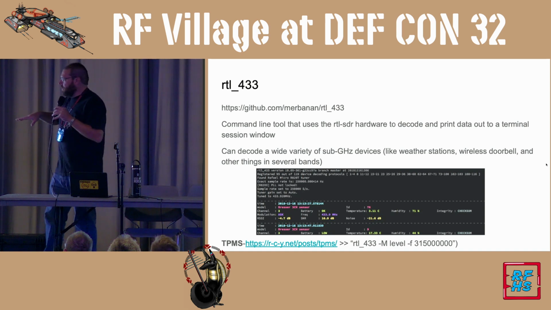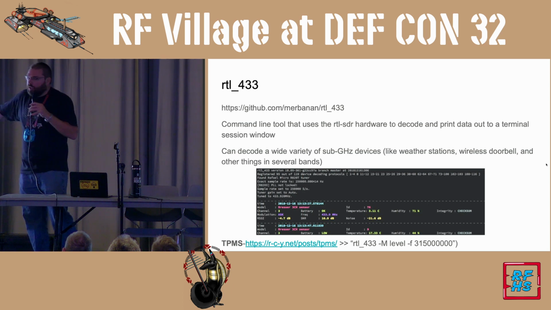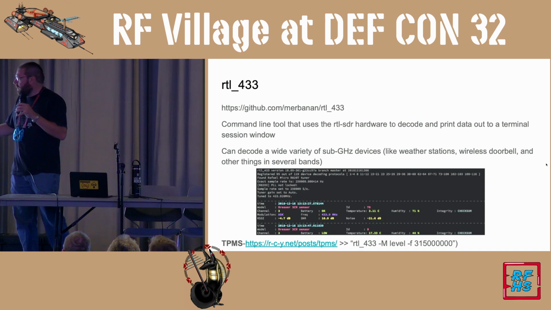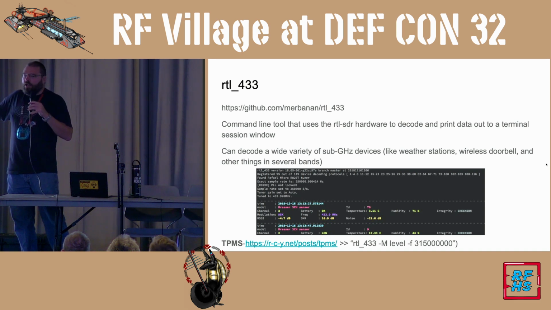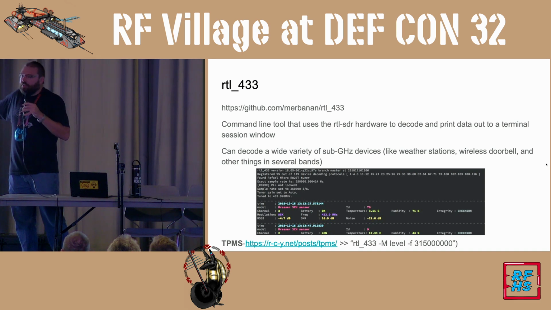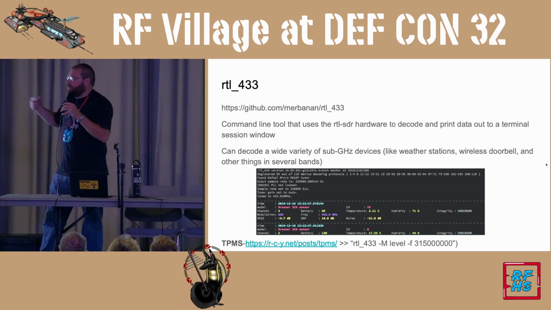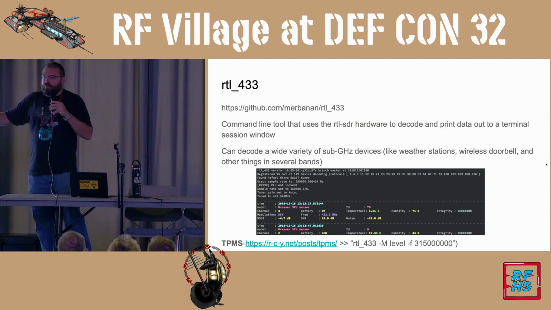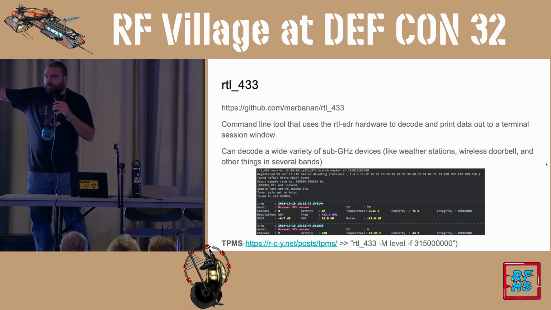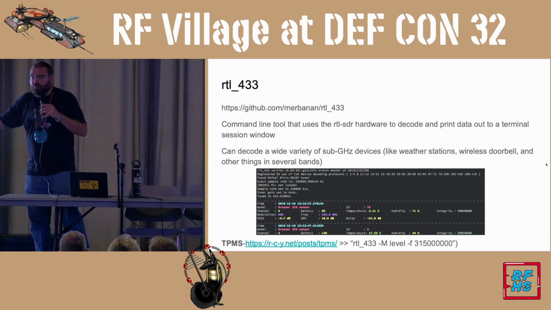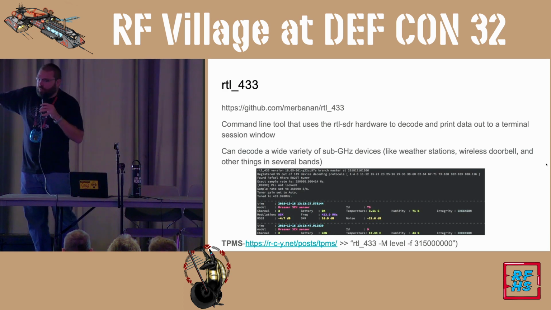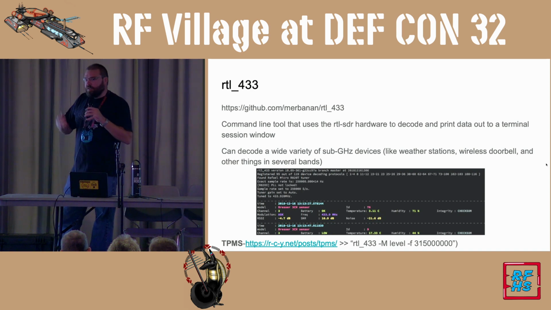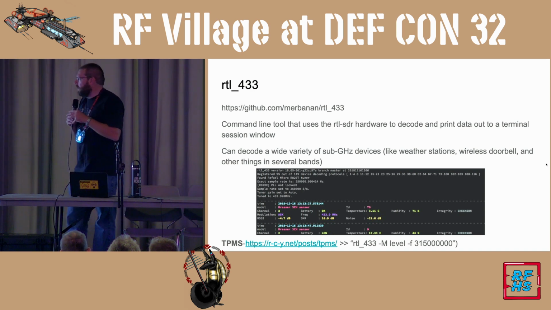So by understanding a little bit of what frequency I need to be on and what tire pressure monitor I'm looking for, you can start to see how I need to read the device ID, or how I need to read the temperature, the pressure, things like that. But a really good simple tool by that one command. We'll use that for doing things at the table, and for things like the fox hunt too. So I'll say, okay, I'm looking for a certain ID, walk around, see if I can find it. So a really simple tool specific to RTL SDR for that.